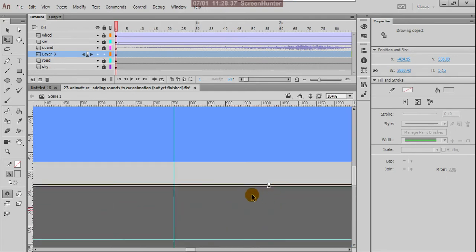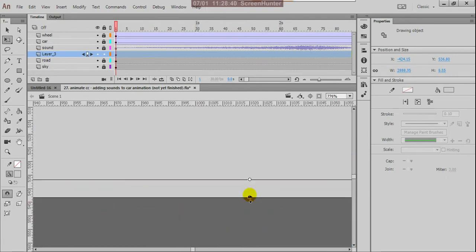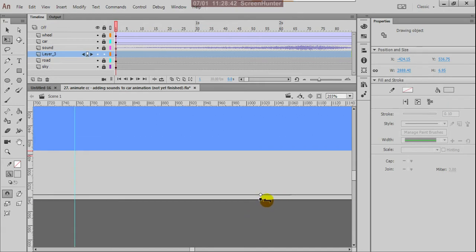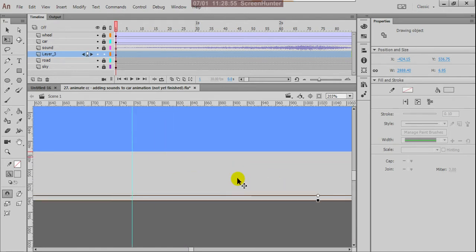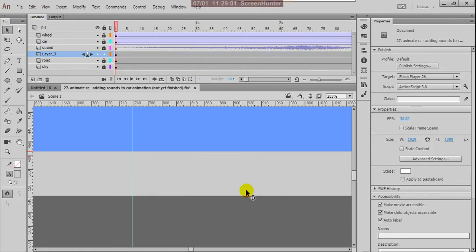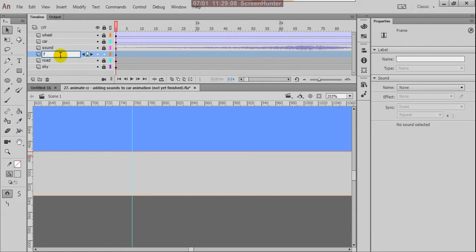Yes, this is a thicker size. You can fill with different colors. So you can Control X, name it footpath, and lock this.